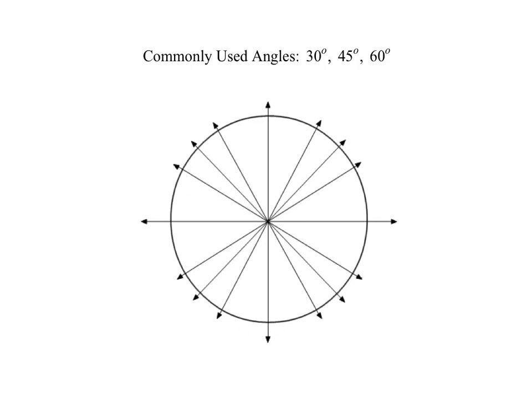So let's start with some measurements again that we already know. And we'll just work in the positive direction. So we know this is 0, this is 90, this is 180, 270, and then 360. So one really common angle we like to work with is 60 degrees, and it's 60 degrees in each quadrant. So if I start at 0 and I add 60, it falls right about to here,